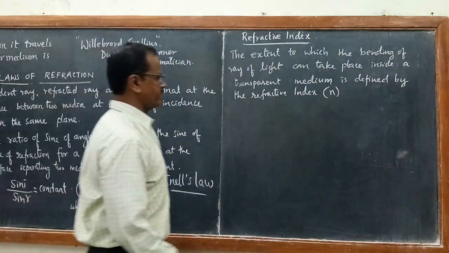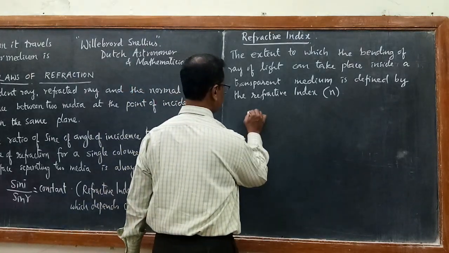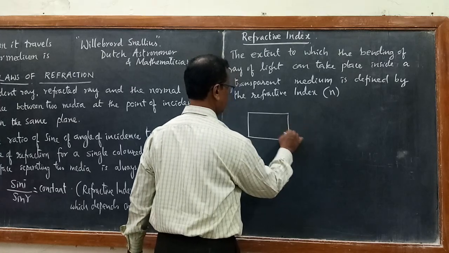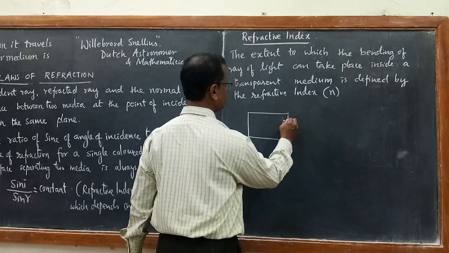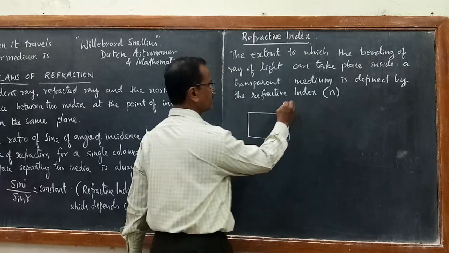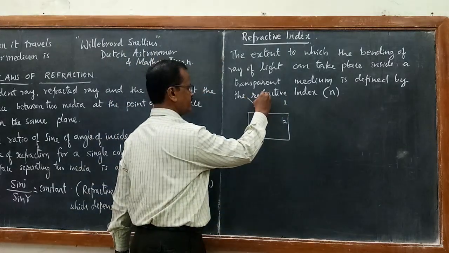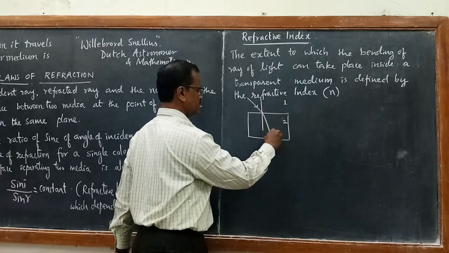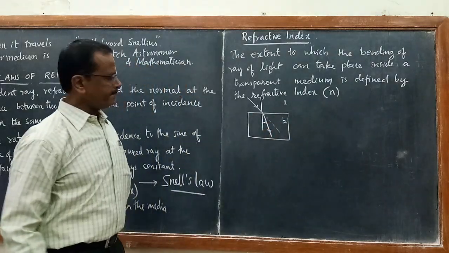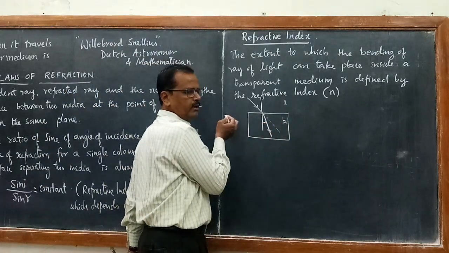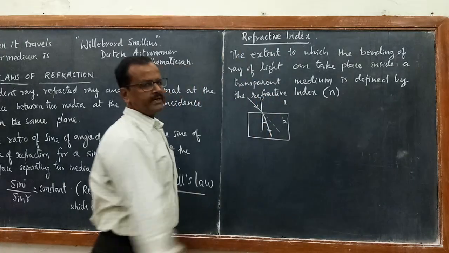So in the previous case we have taken the refractive index of the second medium with respect to the first medium. I will draw symbolically. If this is a glass slab and this is the refractive index of the glass, suppose I am writing air medium as 1 and glass medium as 2. See, when the ray of light enters from the air medium into the glass medium, it bends towards the normal. This is the undeviated ray bending towards the normal. How much it bends towards the normal depends on the refractive index of this denser medium with respect to the rarer medium. Okay.